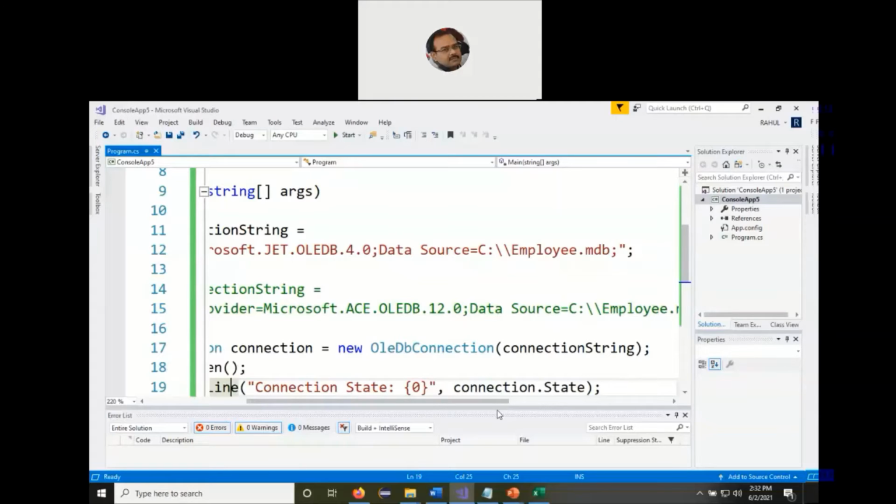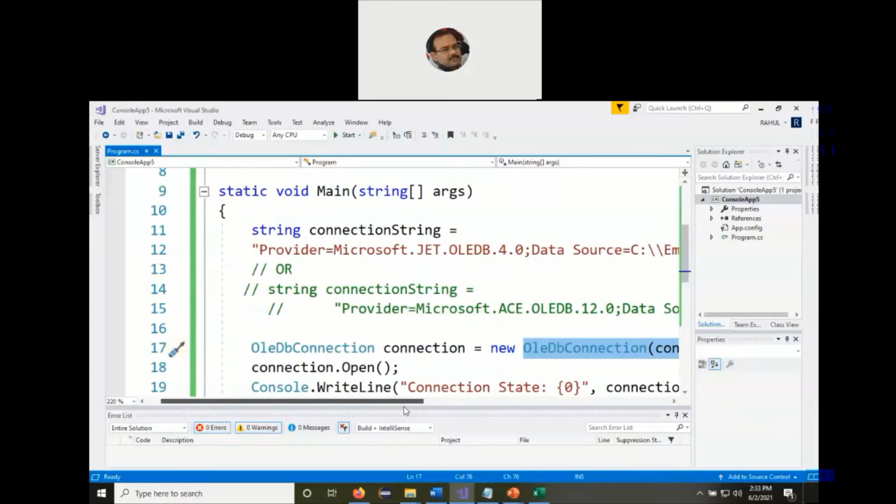The name of the connection string. Now, as we discussed earlier, all the action takes place on the right hand side of the assignment operator. So if it is successful, it will return us the information.